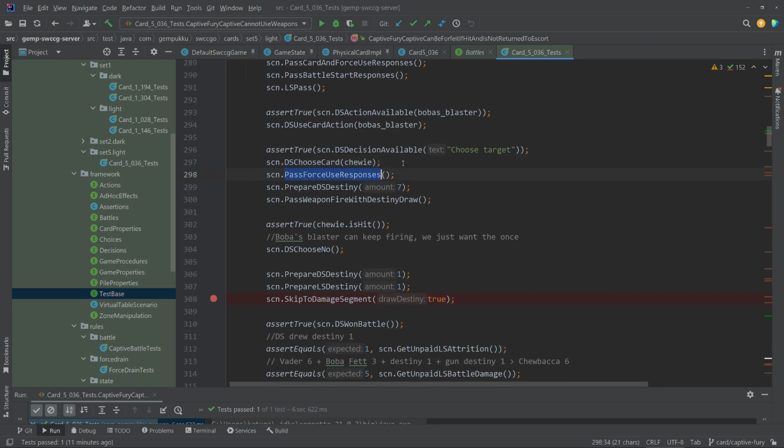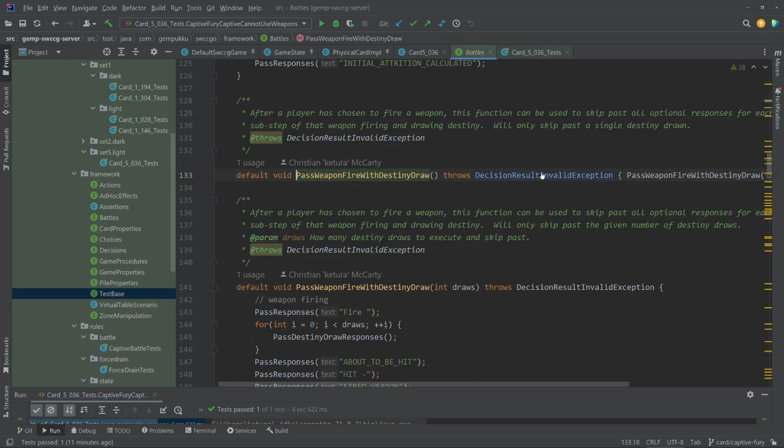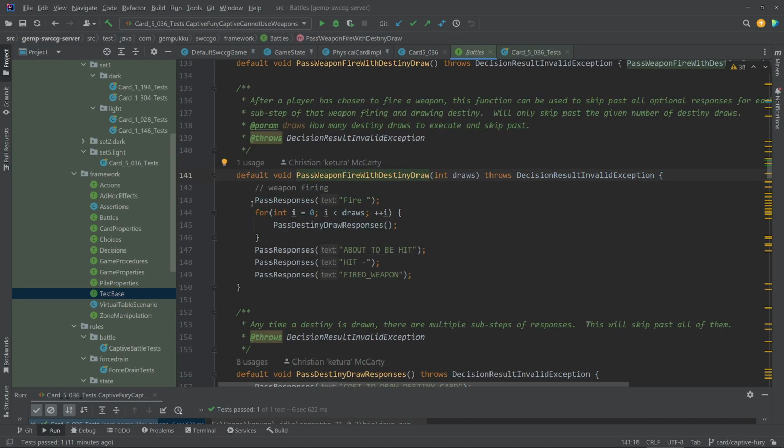We're going to pass the force use responses because Boba Fett's blaster says, I believe, you have to use one force to do it. And then we're going to prepare a destiny because again we absolutely want to make sure that this goes through. So we just stick a destiny 7 on top of the deck, and then we pass all the weapon firing with the destiny draw. So this is another one of those functions that is going to have a whole lot of these